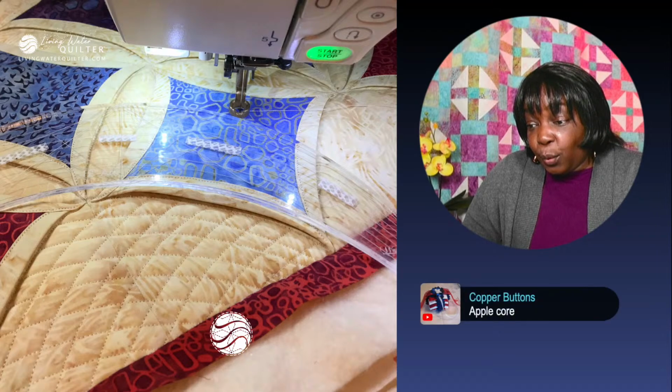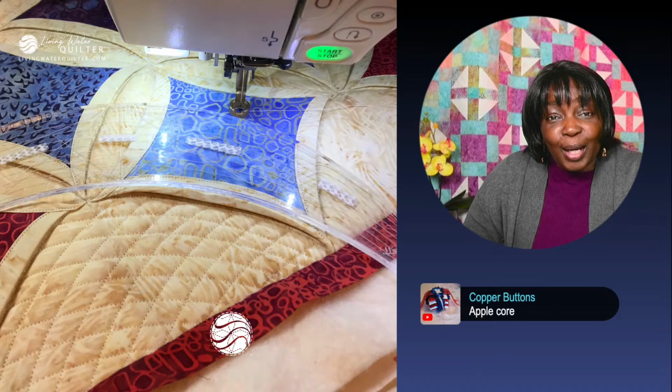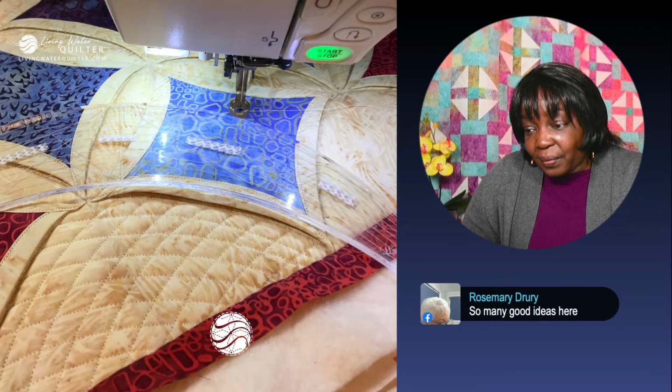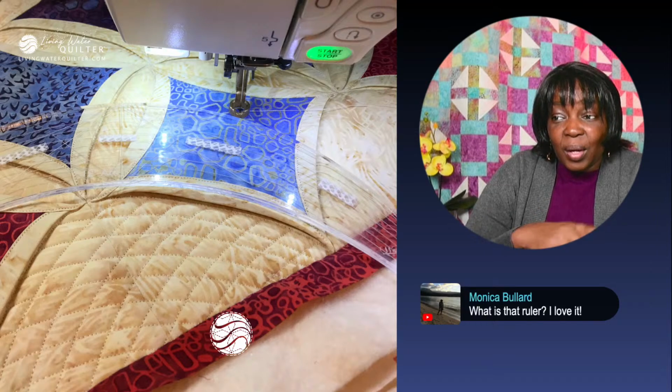Oh, this apple core is another curve. Good idea. Awesome. Thank you, Rosemary. I'm so glad that you're getting some great ideas to help you in your quilting journey. What is that ruler? You love it. Yes, that is a Westerly Design